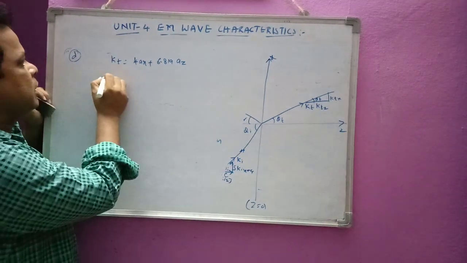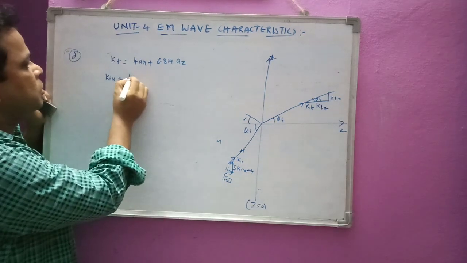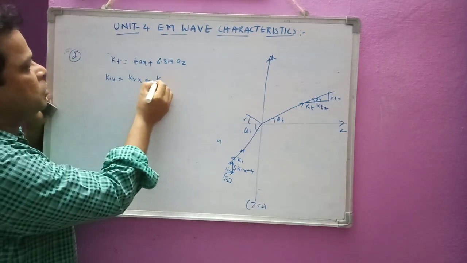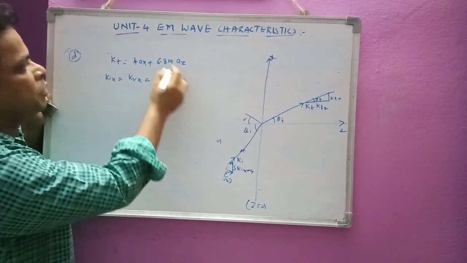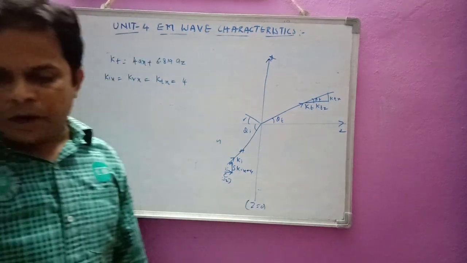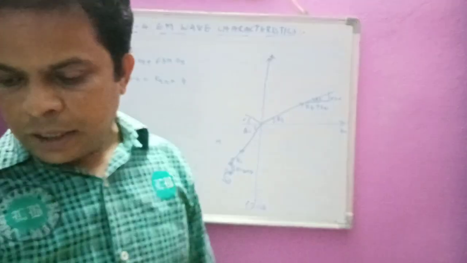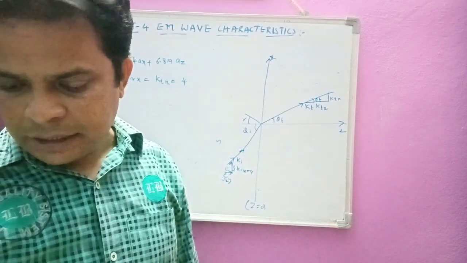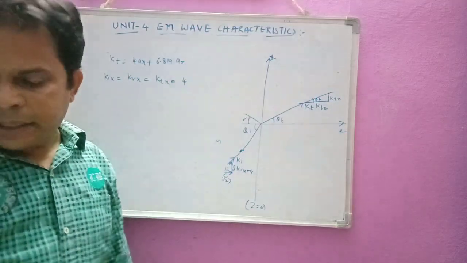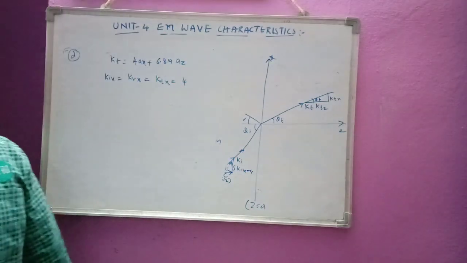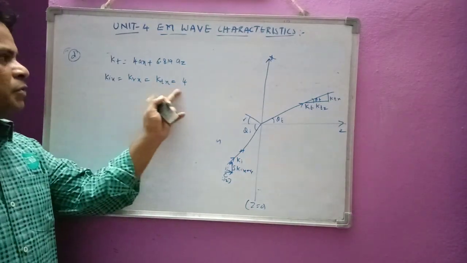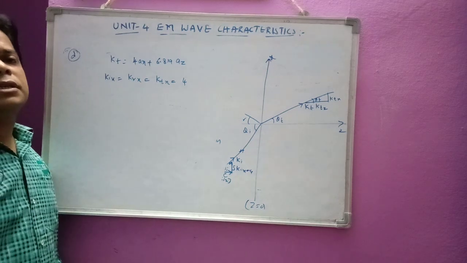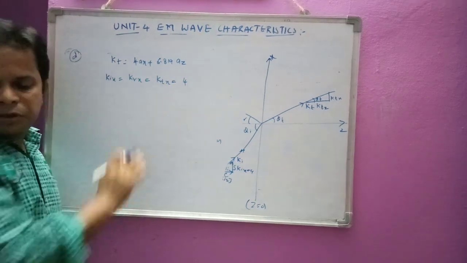You can check here, kix is equal to krx is equal to ktx, that is equal to 4 here. Okay, you can check here, we have got the values of kr also 4, krx is also 4, kix is also 4, and ktx is also 4 here. Next, as these values are correct, you can assume that your problem is going to be a correct one here.